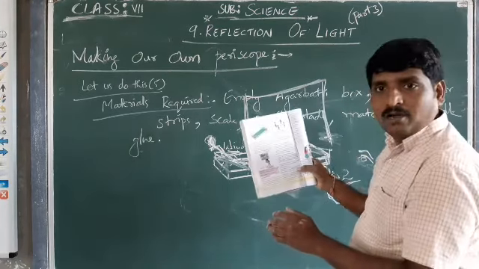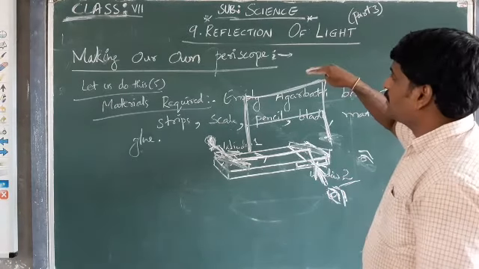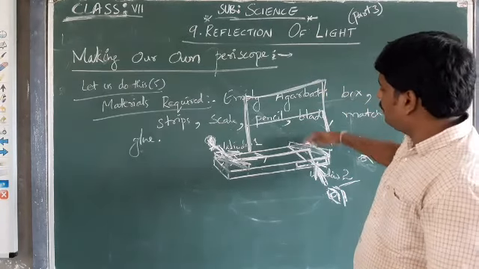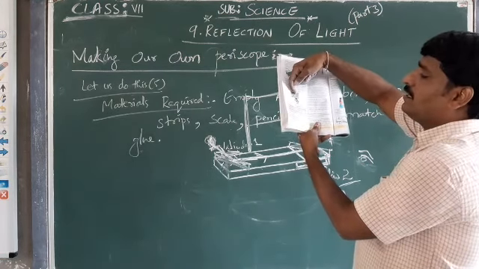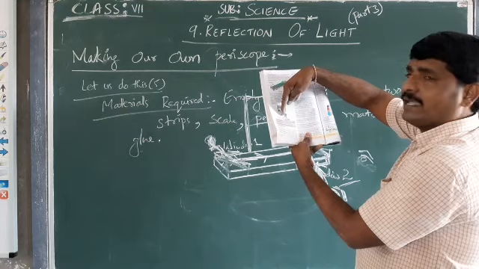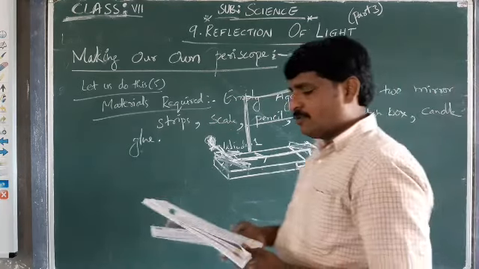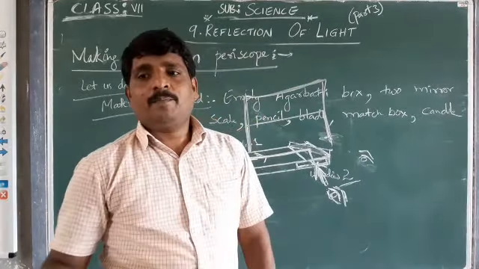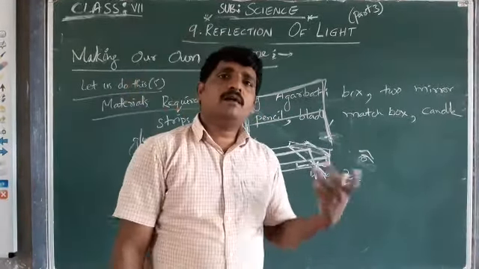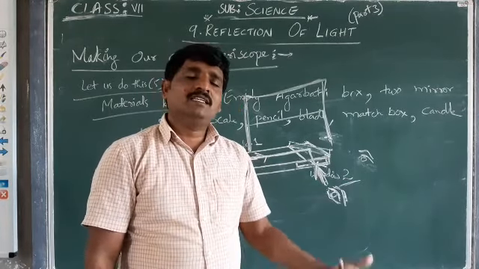She is hiding down below the window, and by using the periscope, she is observing from window 2 of the periscope. She is able to see the objects, which are reflected from window 1 and reflected again by the mirror strip. This is how the periscope is made and used. The applications of the periscope are used in our defense.